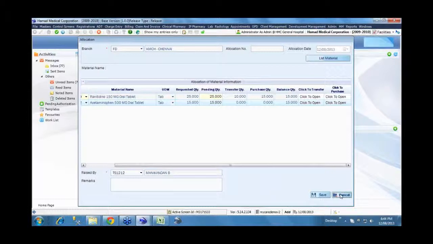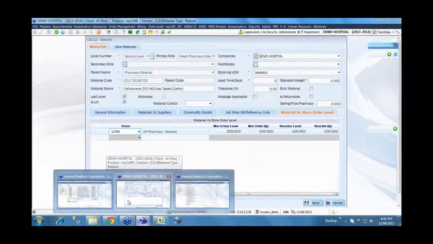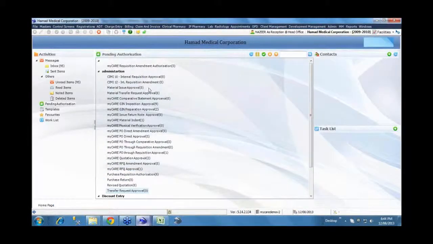Okay, so this is the allocation. Based on the requisition, they do an allocation, and then they also specify which items need to be procured. From here on, there are two different flows. Whatever items are identified as needing to be transferred go as a request to the respective department.